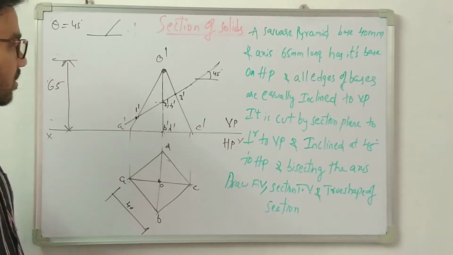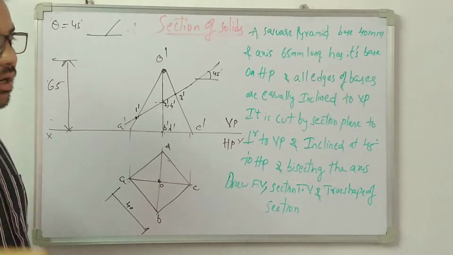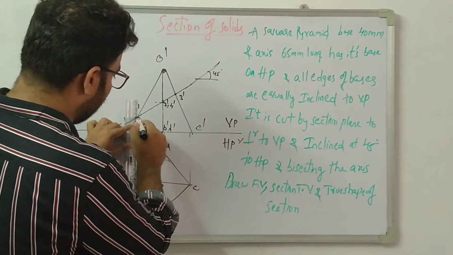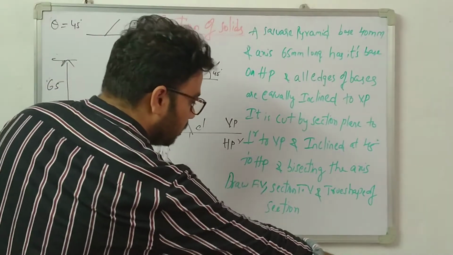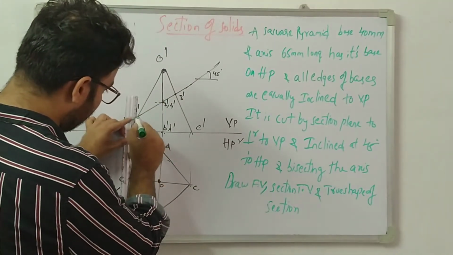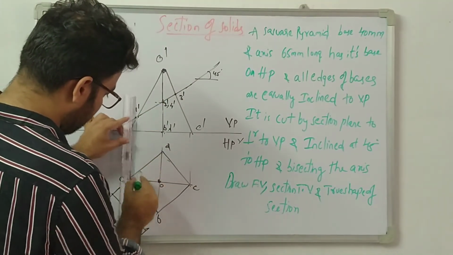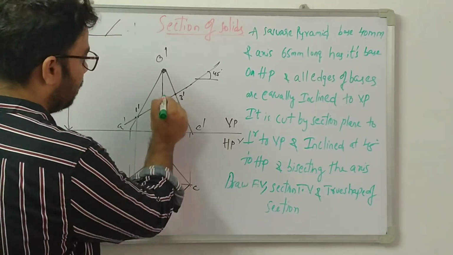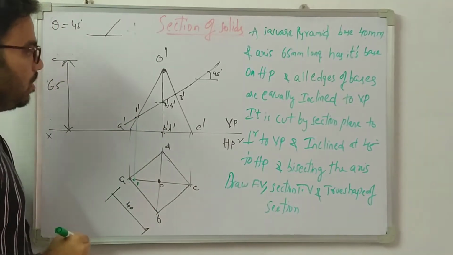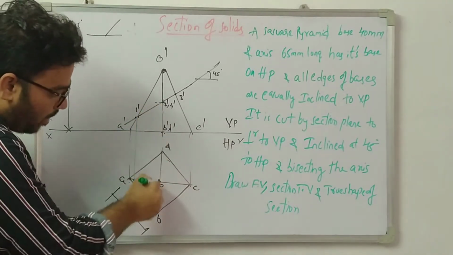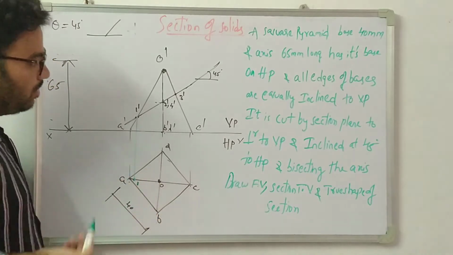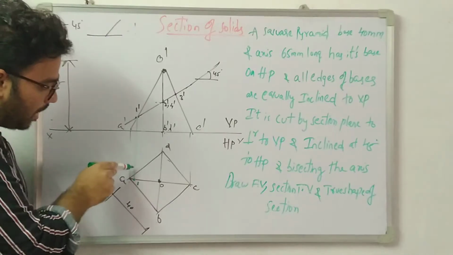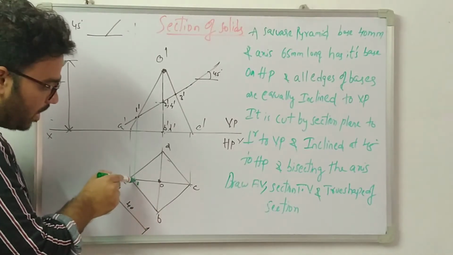Now what is the procedure? We have to draw vertical lines downwards. Using a different pen, I drew a vertical line downwards. I got intersected. This is my 1. Similarly, this is 2 dash and 4 dash. I need to project the line. It is already straight. See here, from this 1 dash I projected a vertical line and got intersected on OA here.